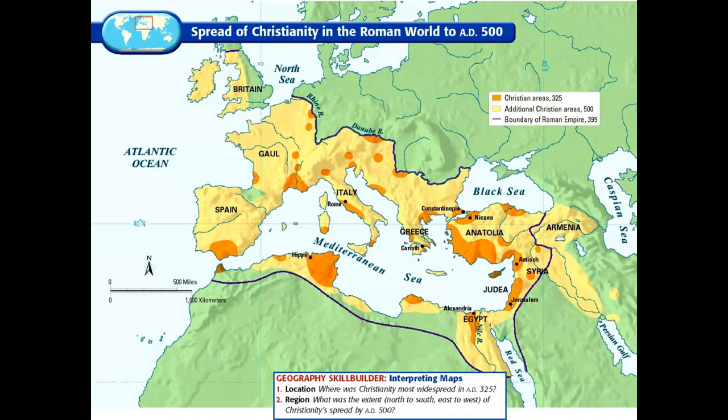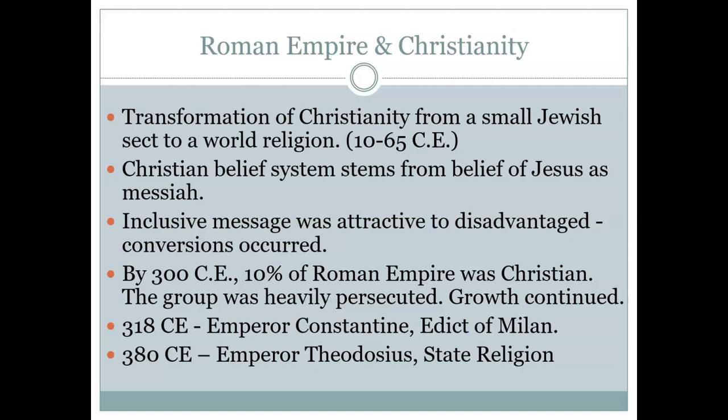So in the beginning decades of the Common Era, we see a fledgling Christianity that has followers and has some movement, but it's not really until the 300s where we see significant spread. If you look at the yellow colored areas on this map, you can see where there might be Christianity by 500. So that just gives you an idea of the rapid growth of this.